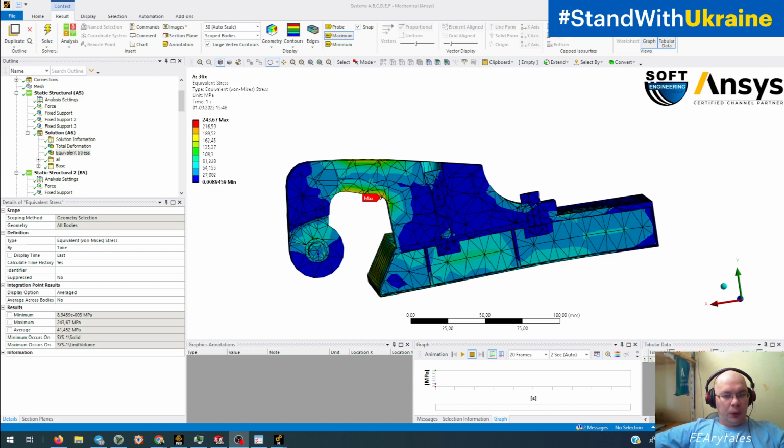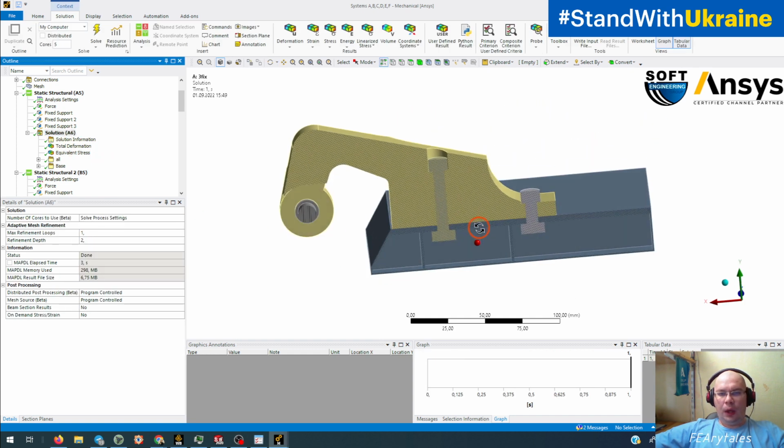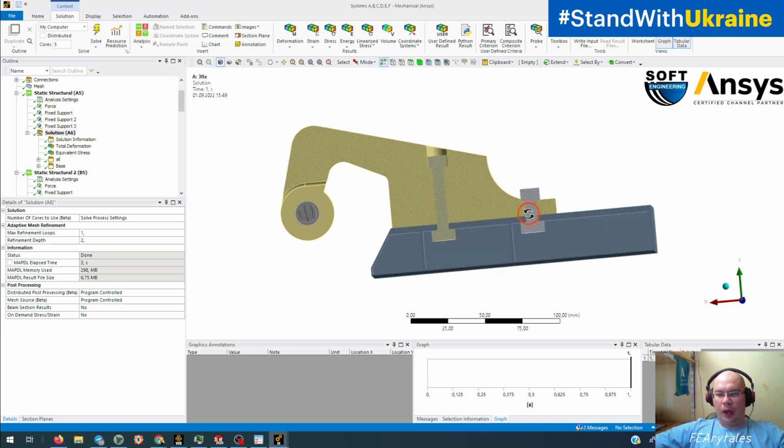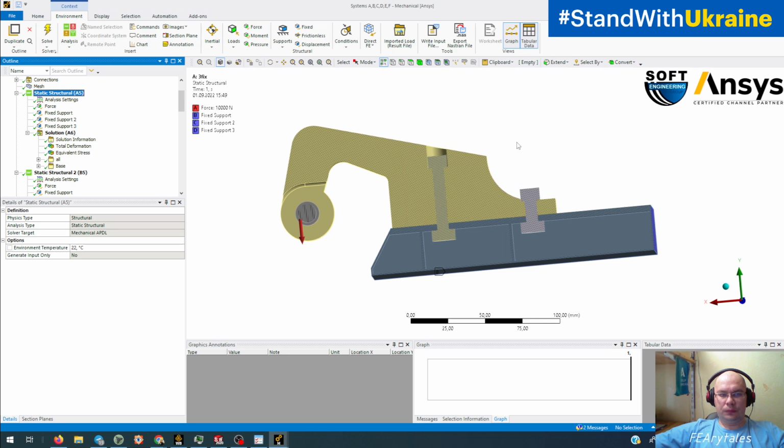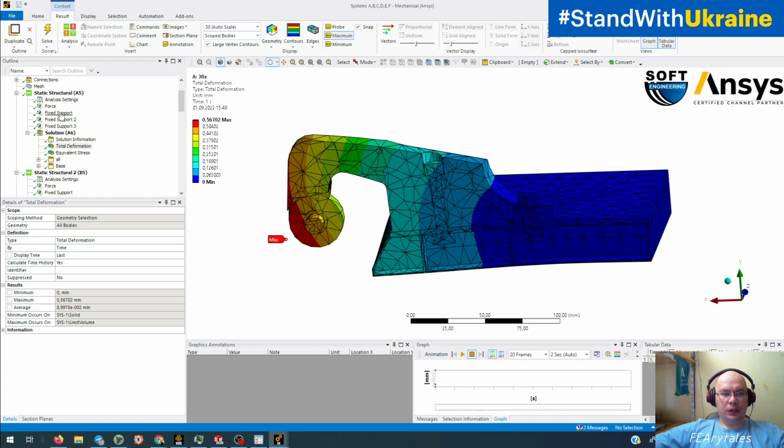Hello everybody, we continue talking about differences in statement and how it influences the result, and today we talk about bolt pretension. As you see in our model, we have two bolts, and in most cases those bolts are present here not in a general case but with pretension. So we choose first our simulation, our first task, with fixation